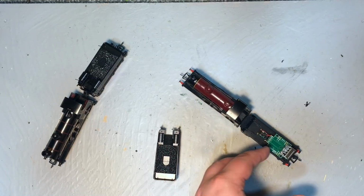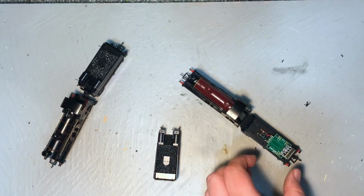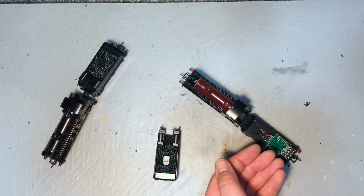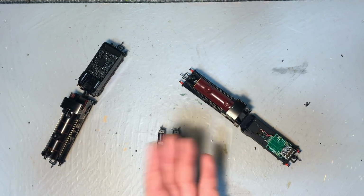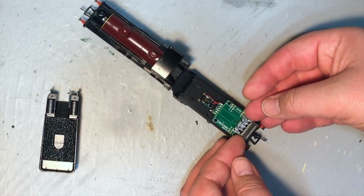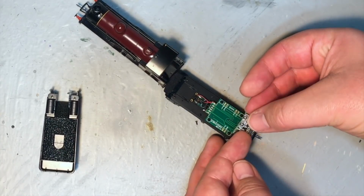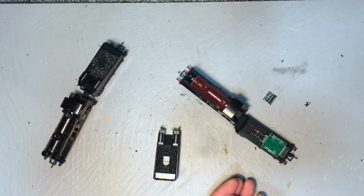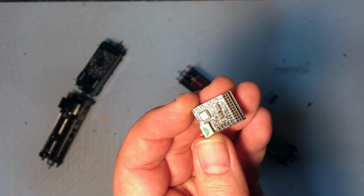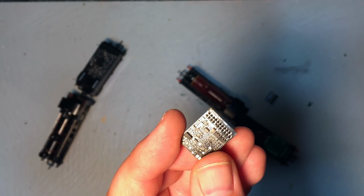So if you want to add in an aftermarket sound option, it's simply a case of getting a 21-pin decoder with the appropriate sound file preloaded to it, fitting it, and the actual speaker is already taken care of. To get out the blanking plate, just very, very gently rock it from side to side, lift it up, and then I've got here the Train-O-Matic 21-pin decoder,